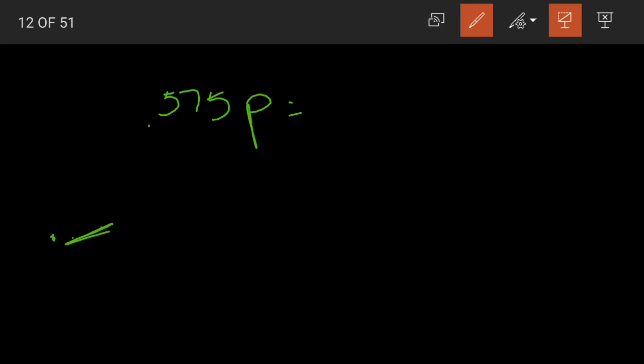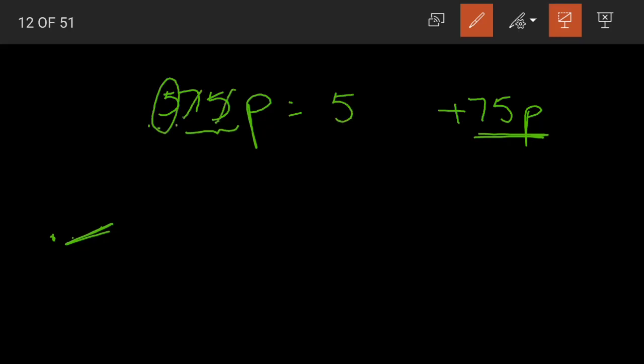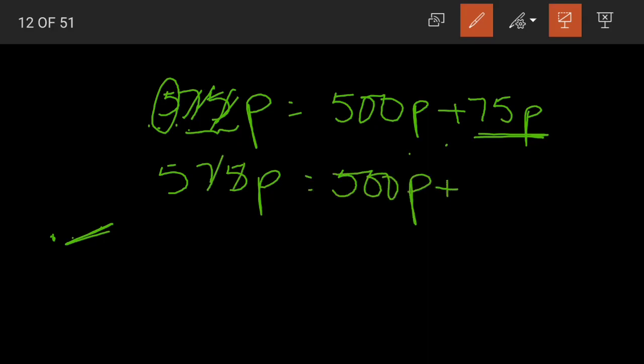Yes, children, so from the given paise write the last 2 digits, 75 paise, separately, and the 5, we are having 5 in the hundreds place, right? After 5, instead of these 2 digits write two zeros. Understood? We had 575 paise. Now instead of these last two digits, write zeros, and the last two digits 75 paise is written separately. Now we are having 500 paise and 75 paise with us.